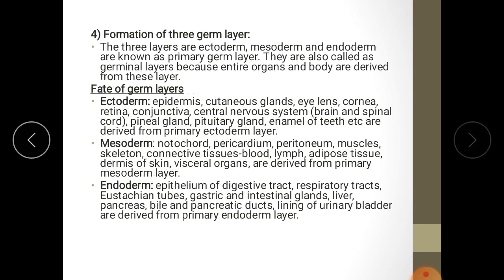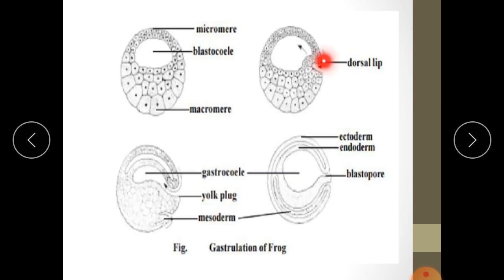Look at this diagram. Can you see it? A small depression is formed at the surface of the blastula. This depression is due to the inward movement of these cells, megameres. They move inside. This is called involution. They move inside. As a result, a depression is formed here. This depression is nothing but the blastopore. That opening is called the blastopore.